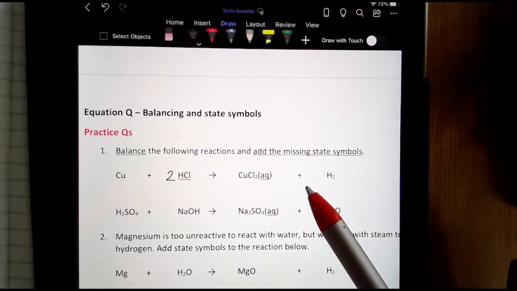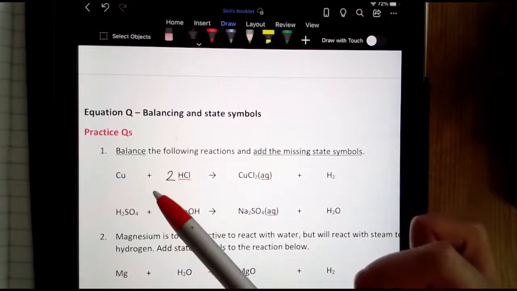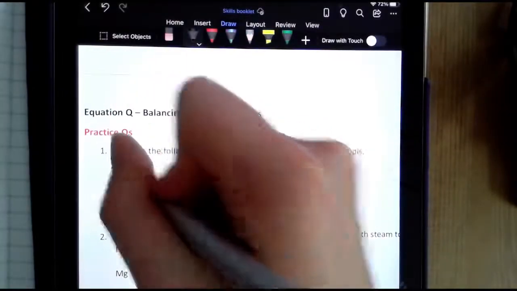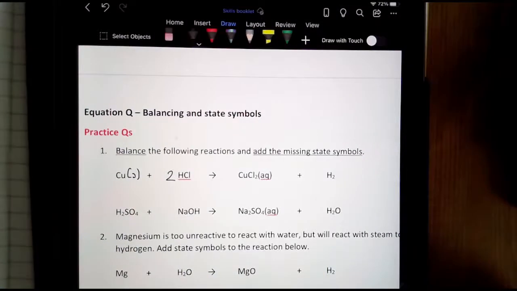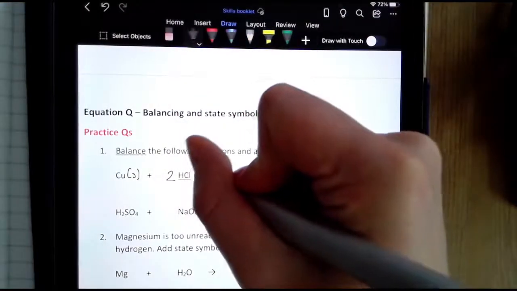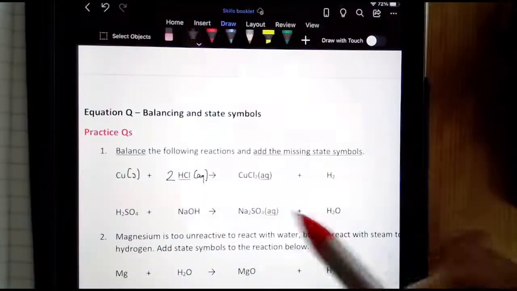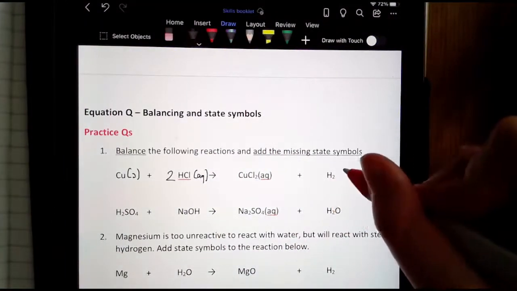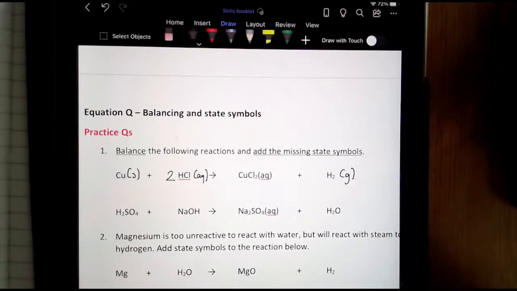To fill in my missing state symbols, copper is a metal. If it's a metal, it's going to be solid. So any metal written by itself as an element is going to be solid. The only exception will be mercury. I'm not going to give you mercury. HCl is an acid. You need to know that acids are always aqueous. You're forming copper chloride, which you're told is aqueous. And then H2, you are expected to know that hydrogen is a gas. So I'll be filling in G. The next one,